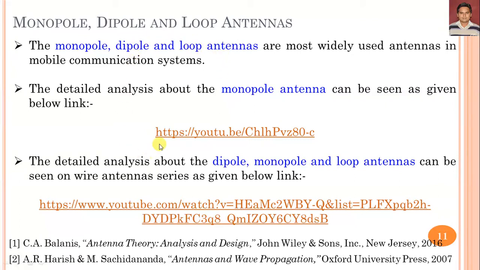These antennas can be seen from this video link, the wire antenna series, in which you can see all the videos related to the monopole, dipole and loop antenna.